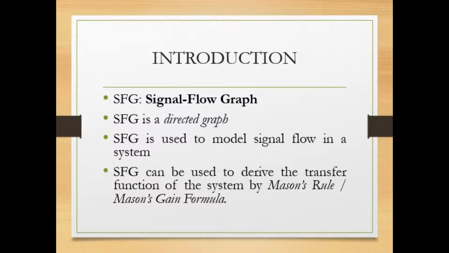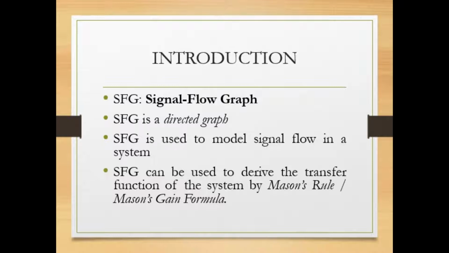It consists of a network in which you will have nodes, and the nodes will be interconnected by branches. Each node represents a system variable, and each branch which is connected between two nodes acts as a signal multiplier. Each branch will have a gain, and when the signal passes through a branch, it gets multiplied by the gain of the branch. We should always remember that the signal flows in only one direction. The direction of the signal flow is indicated by an arrow placed on the branch, and the gain, that is a multiplication factor, is indicated along the branch.